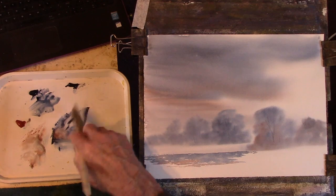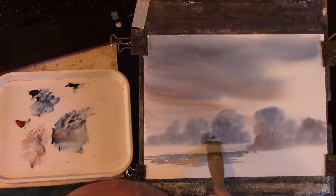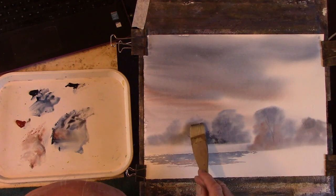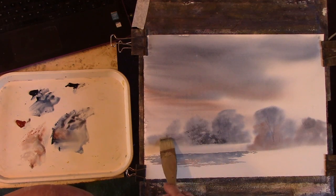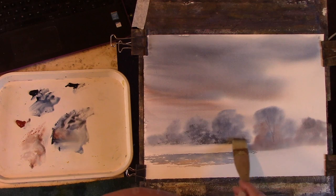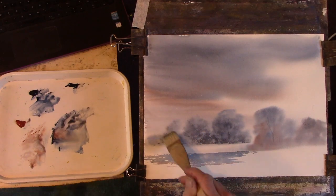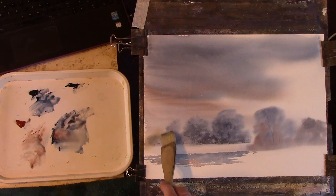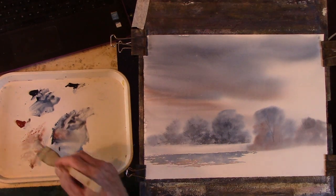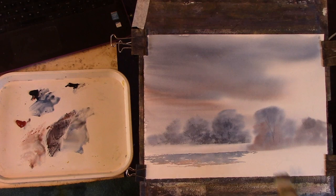So let's, a little bit of, as we come forward, we'll warm up. Okay, so we've got a bit of misty effect in the back of that, but here's where we're going to beef it up a bit. So a bit of red, a bit of ultra, a bit of indigo, and we'll